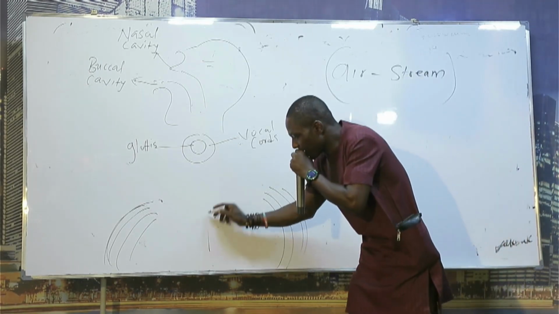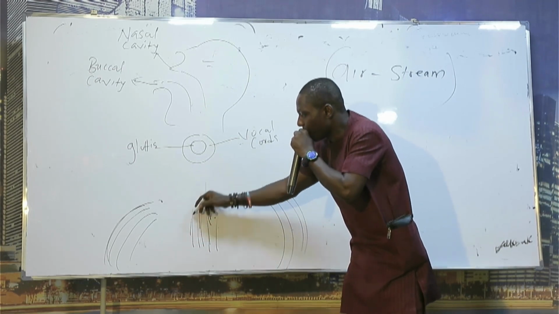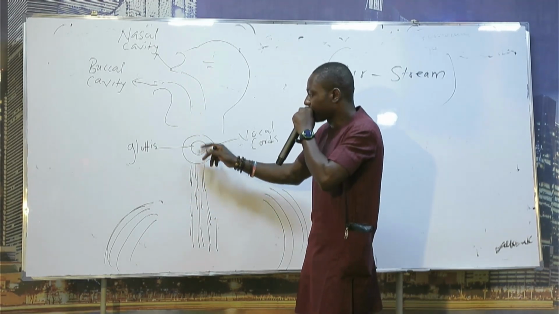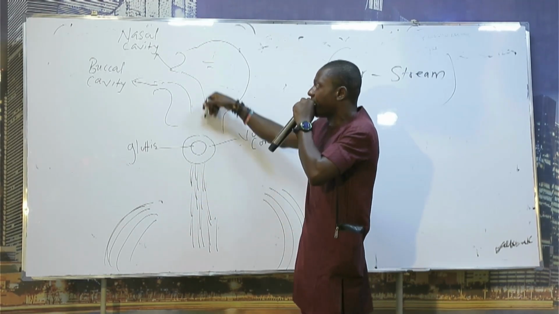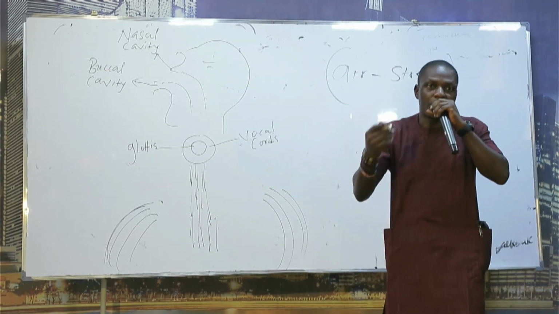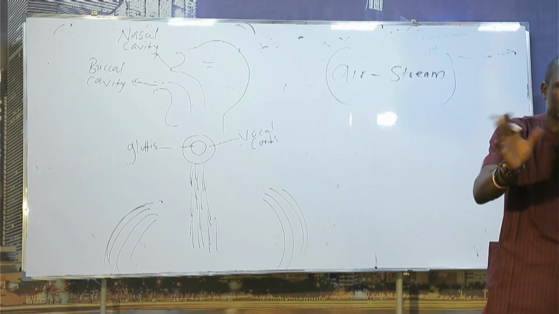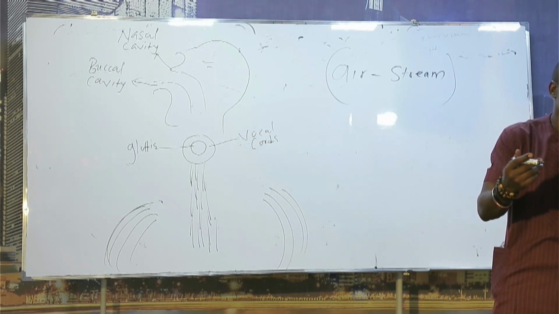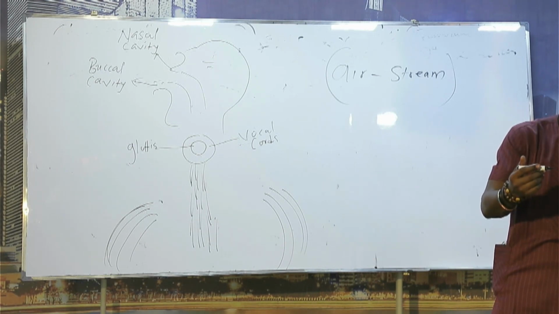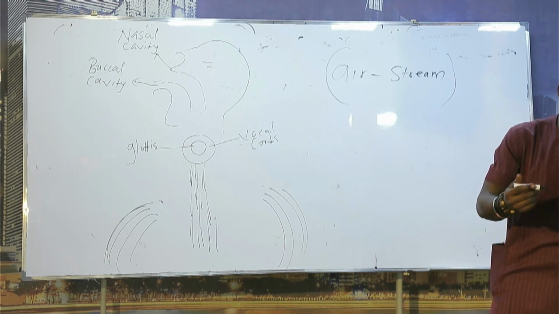And then the air that is coming up, let's just say that you have just breathed, you want to breathe out, exhale. The air will come from your airstream, get into your vocal cords, your glottis, inside your vocal cords before it can pass out, either through the nose or through the mouth again. Now we defined a vowel sound as a sound segment realized without obstruction. In JAMB, they normally ask you to tell them what obstruction is. When do we have obstruction in terms of sound realization?